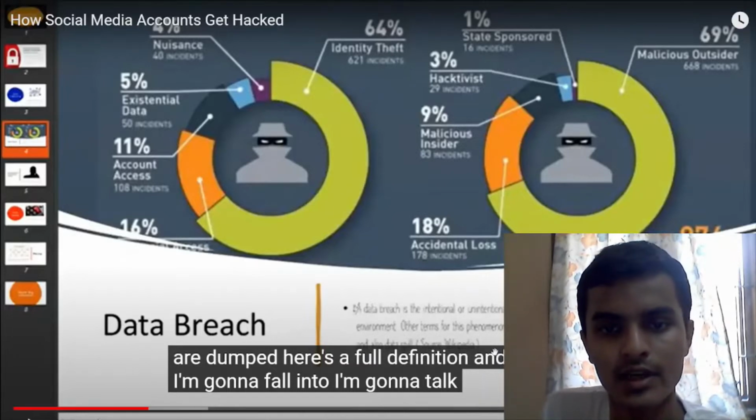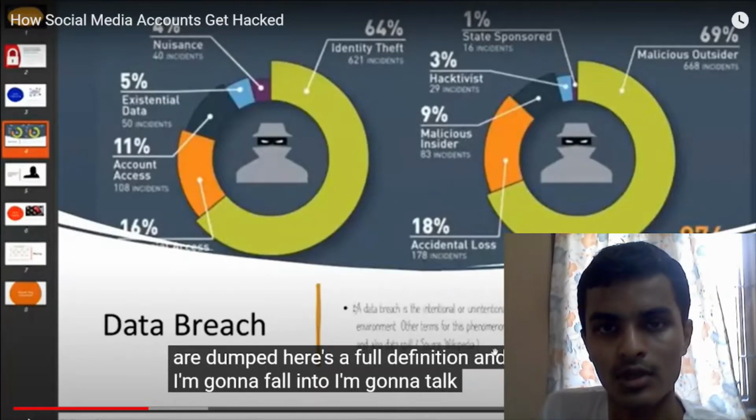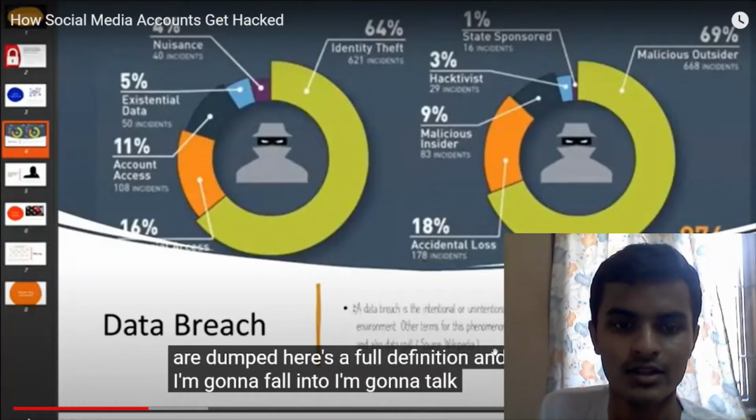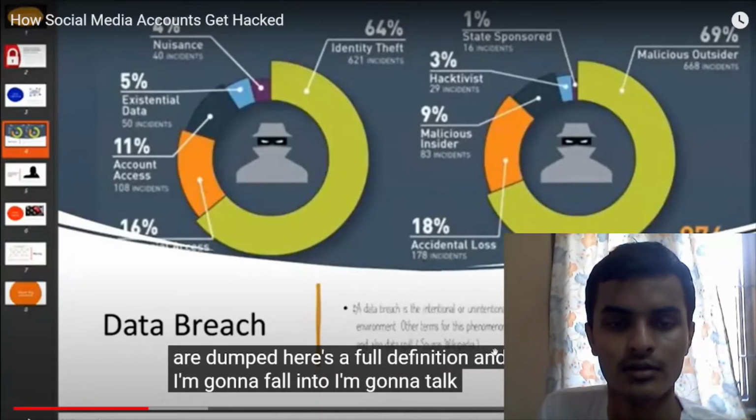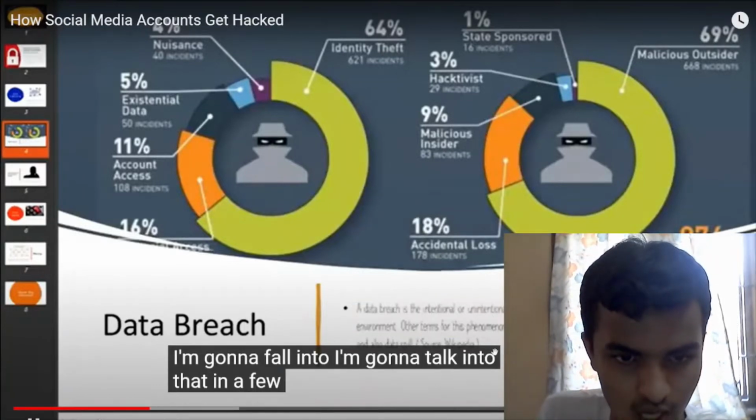So here he is telling how every account gets breached. That means even your Instagram account or your Facebook account could be hacked through a simple email ID, a phone number, or a password leak. If there is a password leak, if somebody knows your password, then it's gone. That's why they tell you not to disclose any pin number or anything. So yes, let's continue.